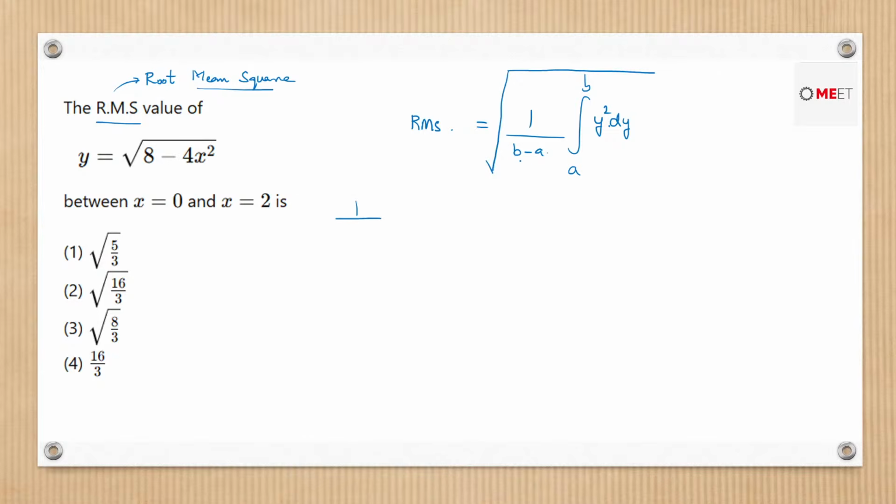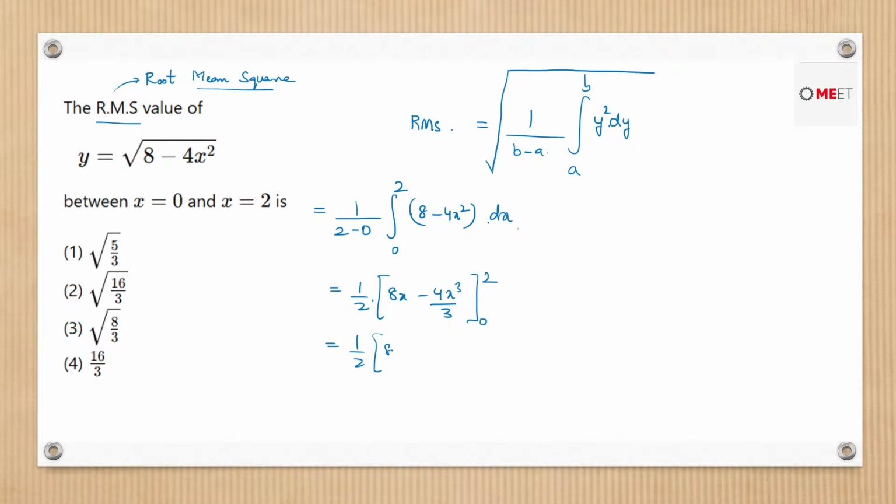So b here is 2 and a is 0, and y square is nothing but this function. So that is 1 by (2 minus 0) times the integral from 0 to 2 of (8 minus 4x square) dx. So this is equal to 1 by 2 times of 8x minus 4x cube by 3, from 0 to 2. So this will be equal to 1 by 2 into 8 into 2 minus 8 into 0, which is anyway 0,